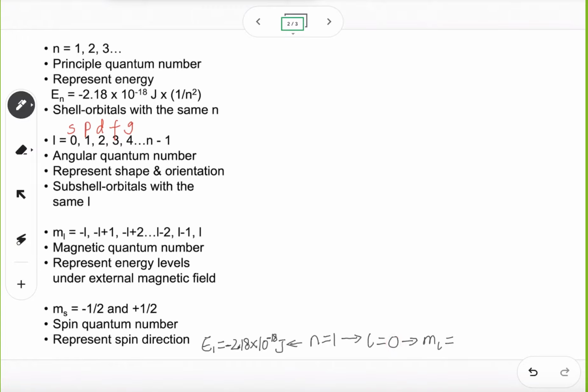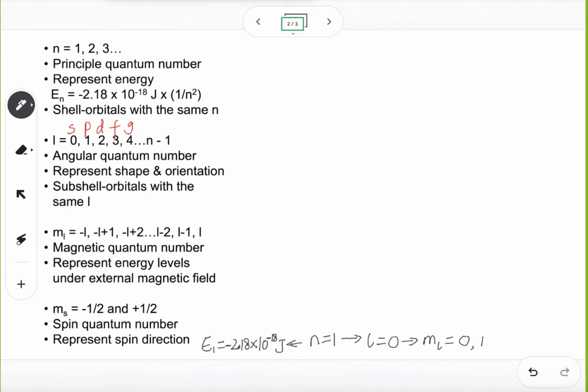So this is the first possible value for ML. Now, the next value for ML is negative L plus 1. Well, it looks like the next value would be negative 0 plus 1. It should be 1. However,